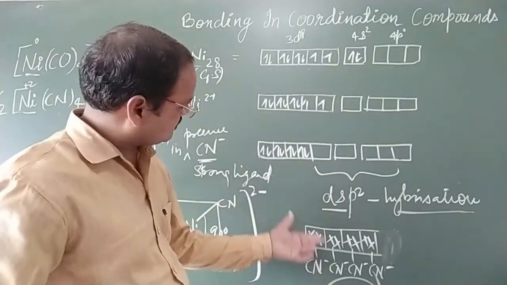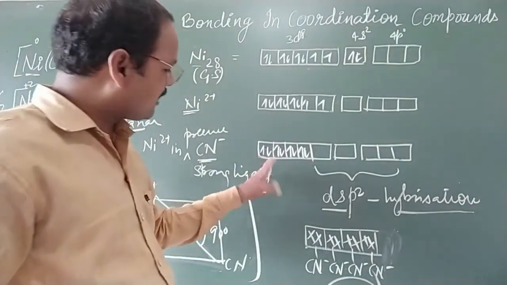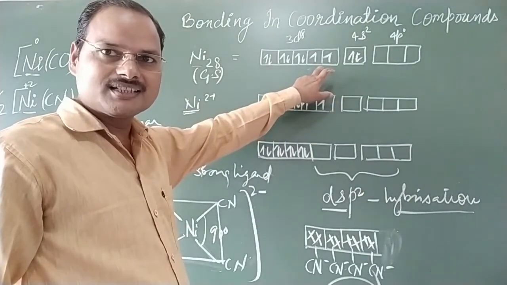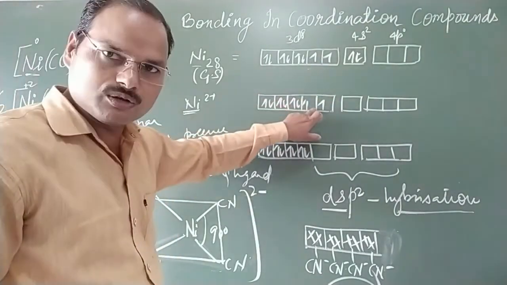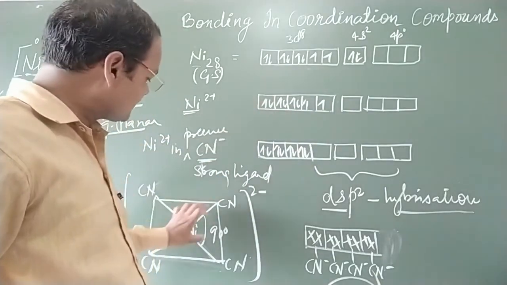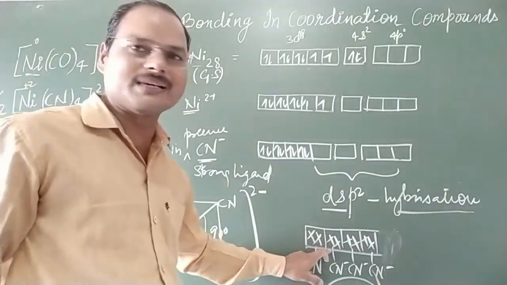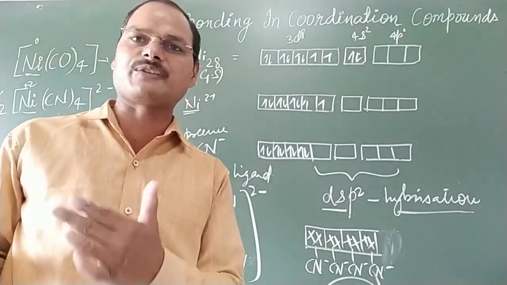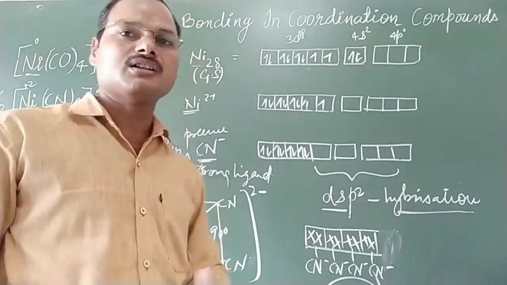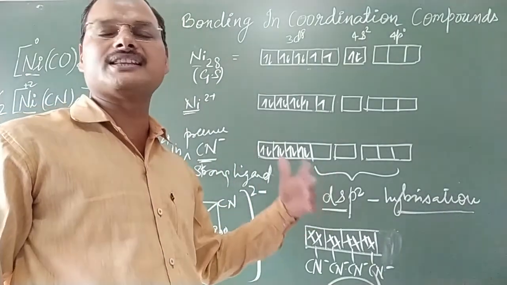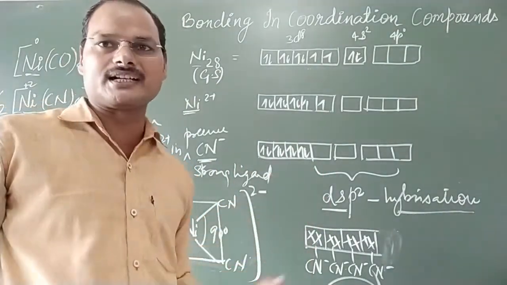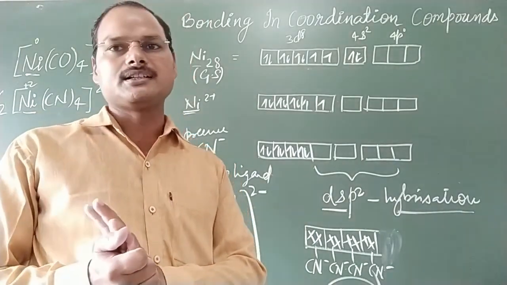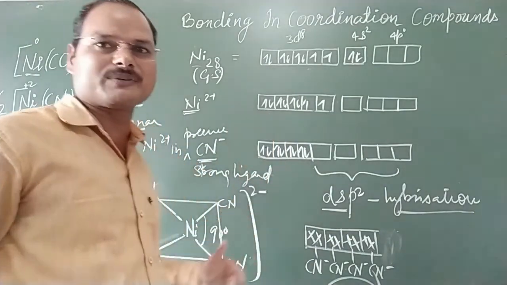And one more topic is left here. Now, the nickel atom is paramagnetic, and the nickel ion is also paramagnetic. But in this compound, nickel is diamagnetic. Why? Because all orbitals are paired. All orbitals are filled with 2 electrons. It means there is no half-filled orbital, and that's why it will be diamagnetic. If any orbital has 1 electron, that will be paramagnetic. I hope you understand both types of structures.